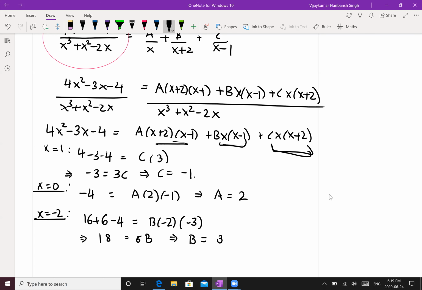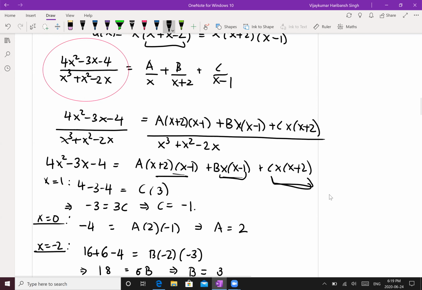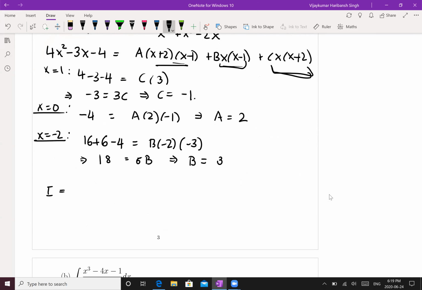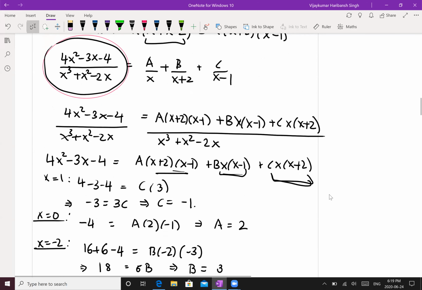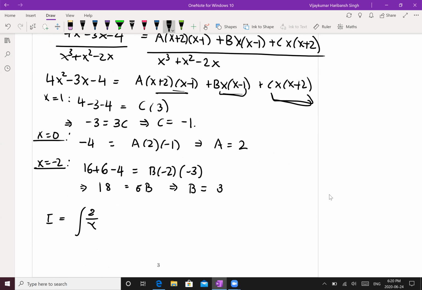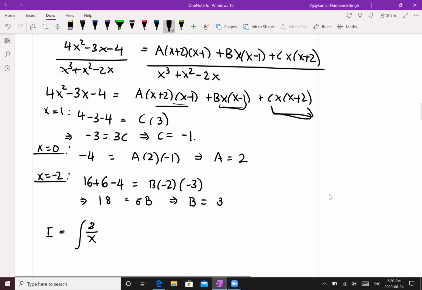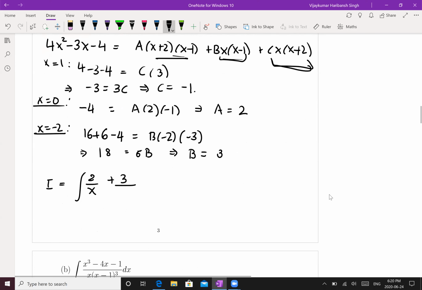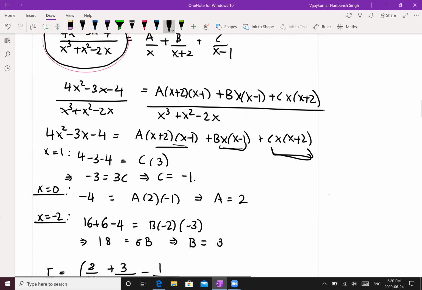And then when we put it back, our integral will reduce to a by x plus b by x plus 2 plus c by x minus 1. So when I write it like that, my integral I becomes the integral of the sum of these three partial fractions. So a by x, which is going to be 2 by x, then b, which is 3 upon x plus 2, minus c, which is 1 upon x minus 1